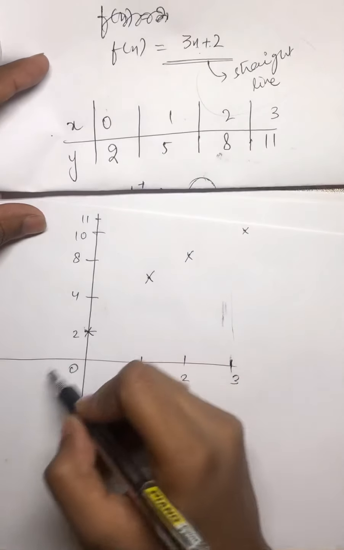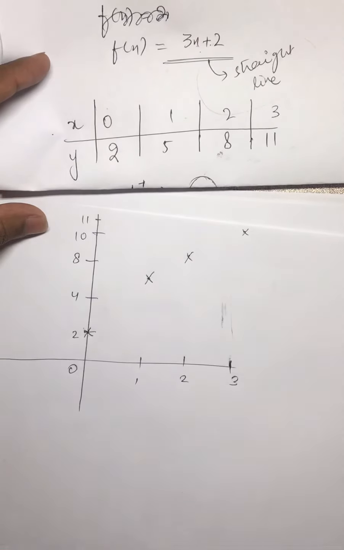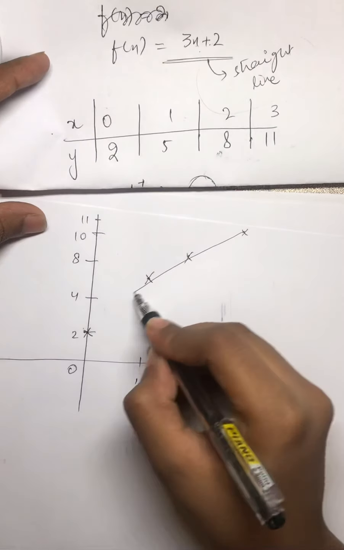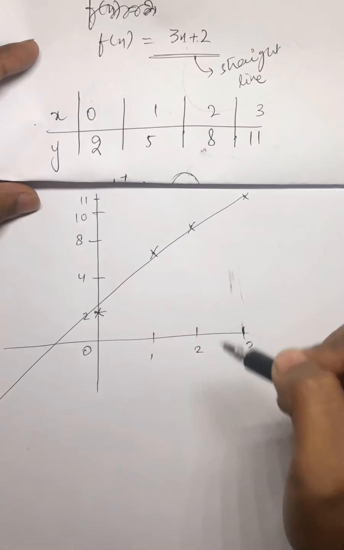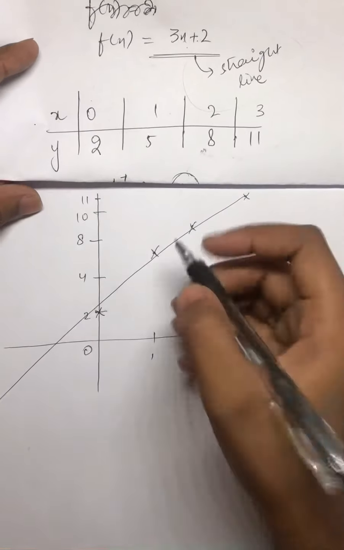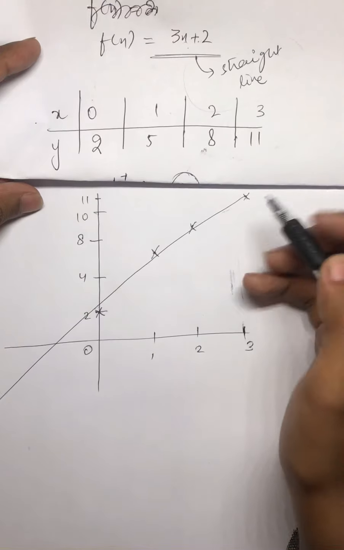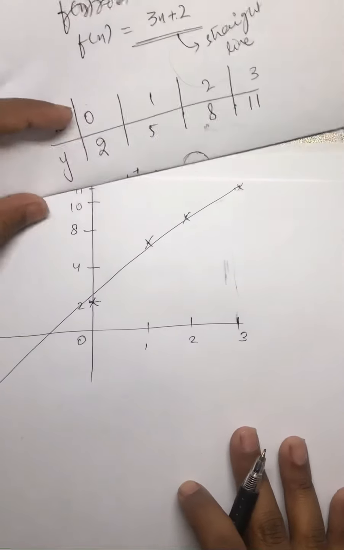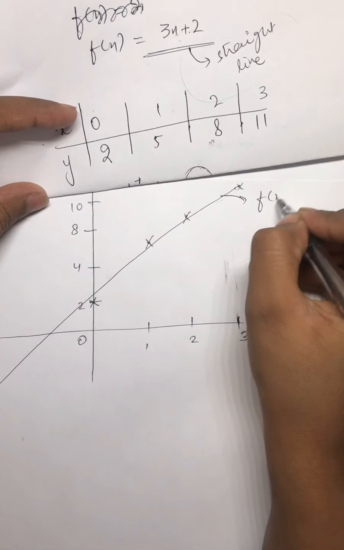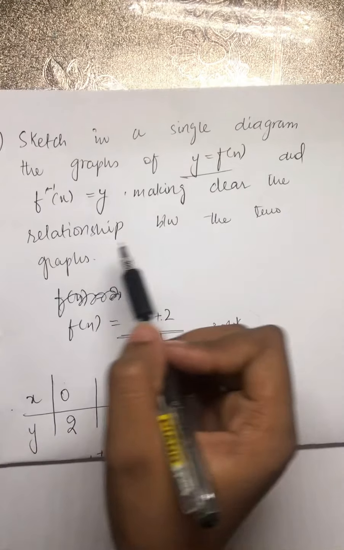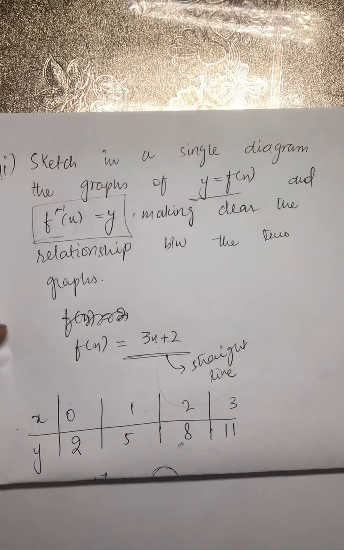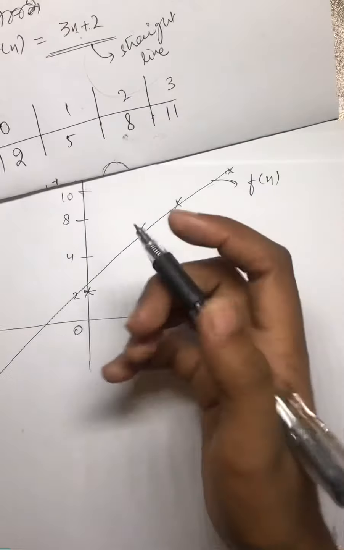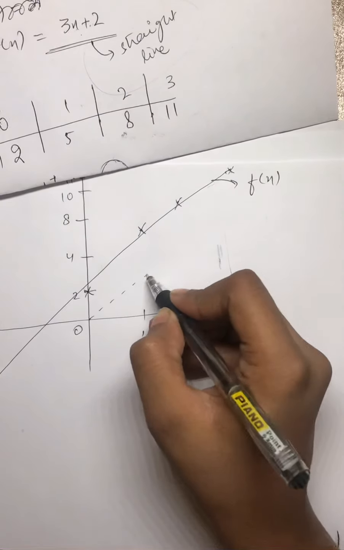If we make a line, it would be a straight line. I don't have a graph properly, but for you the points will be exactly on a line. Sorry for that, I'm bad at drawing. And this is the graph of f of x, and the examiner has asked about making a graph of f inverse also. So what we need to do is make a line of